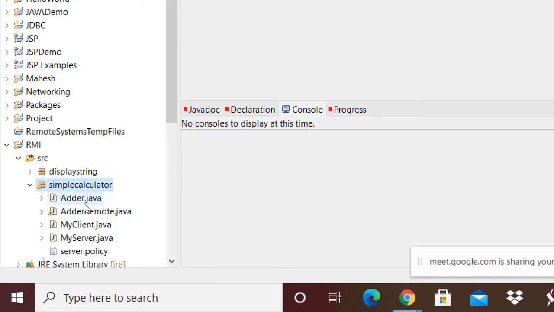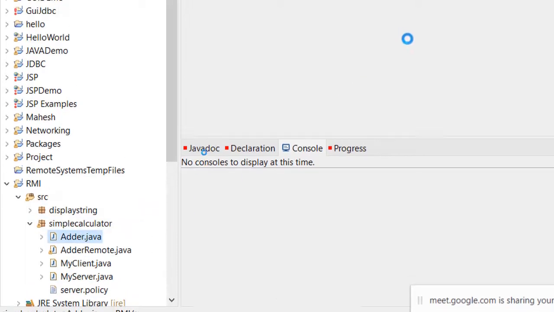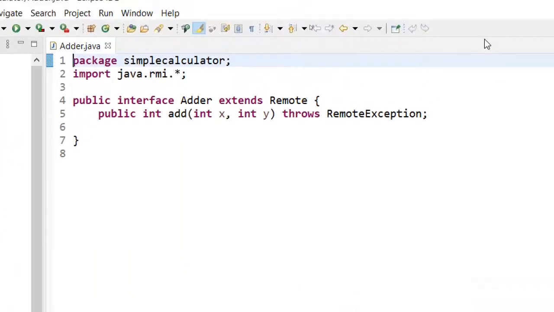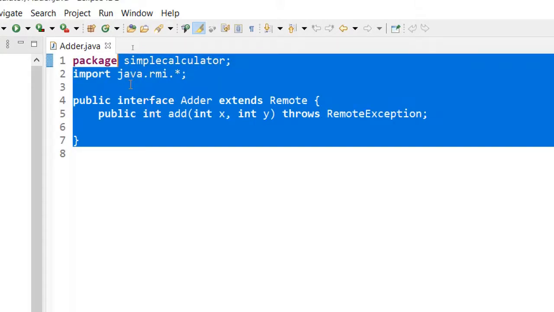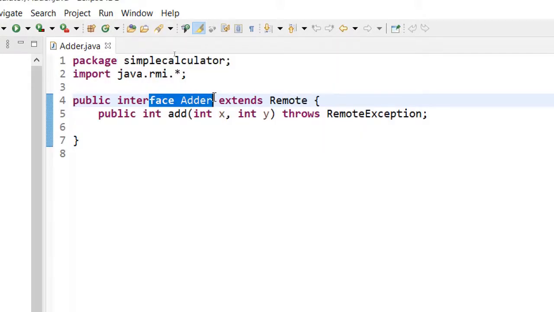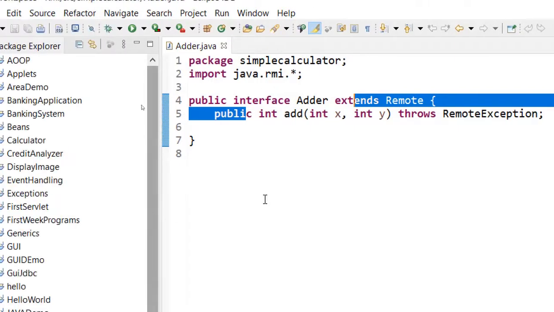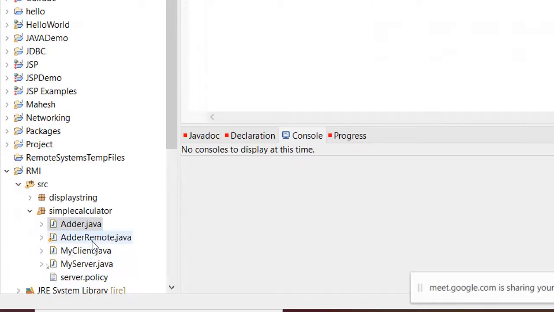First I will show you the Adder.java. I am not going to explain the syntactical part of this. This is the adder part, which just has the interface and provides a skeleton. This program basically performs addition of two numbers. The server will wait for the client to get connected.